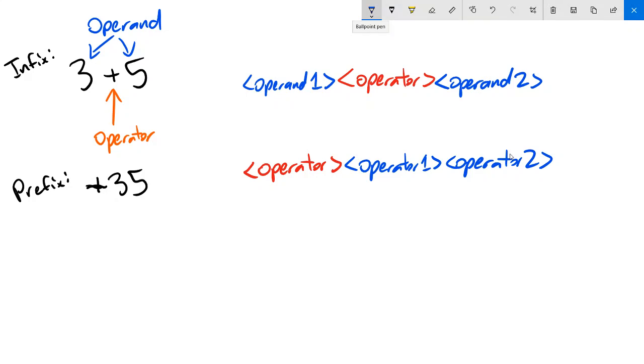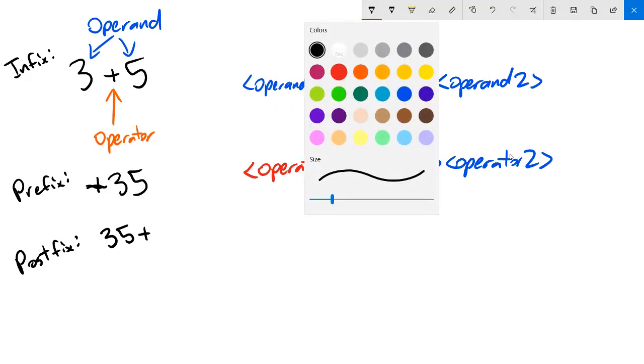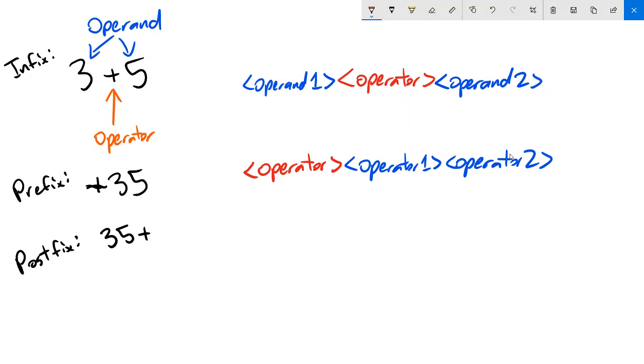And now, my next one is called postfix. So thinking about postfix, if prefix, the operator, is in the front, what do you think about postfix? Right, if you look at post, that means after. So the operator will be after the things it is adding together. Or in this case, adding together. So let's start with blue. We have operand 1, operand 2,